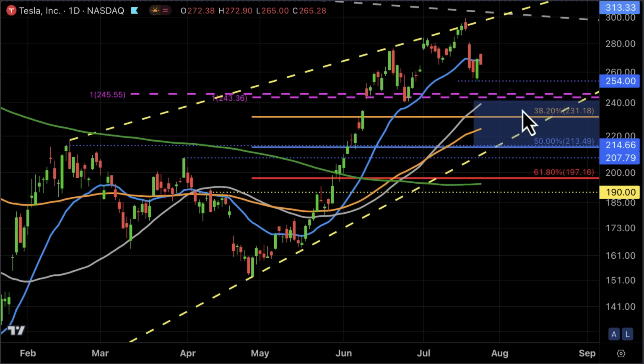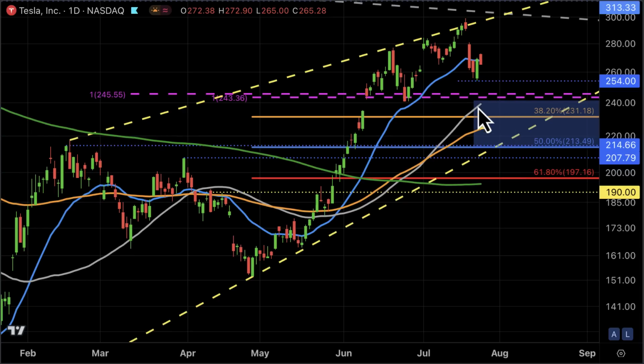Okay, so I think we are now in the beginning stages of that pullback. Nevertheless, even if Tesla were to come and do a higher high, let's say at 300, I still think we're going to collapse once again, eventually down for a pullback into lower support levels. But my higher probabilities, based on what's happening on the chart with the divergences that I mentioned on this chart, and with also hitting resistance, I think the odds are that we've already started that multi-week